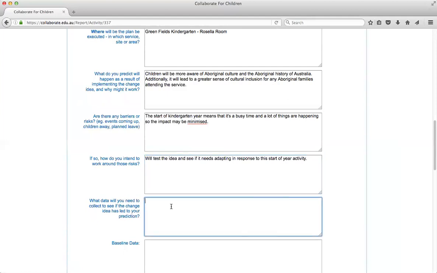So in terms of what data we will need to see if the change has led to our prediction, we could have some information around surveys. So we could have some surveys that suggest that Aboriginal families aren't feeling welcomed at a particular service. That might be one of the measures that you would want to see a change in, to hopefully improve. However, you need to be able to do the things that you can actually measure. So your baseline data may be nothing when we come to this part,